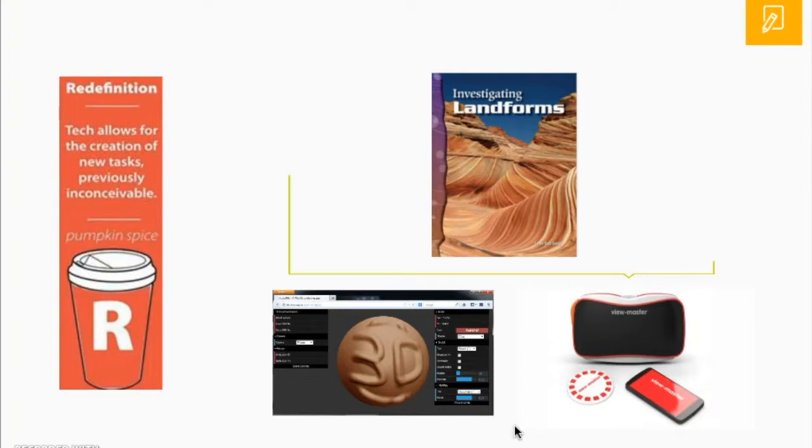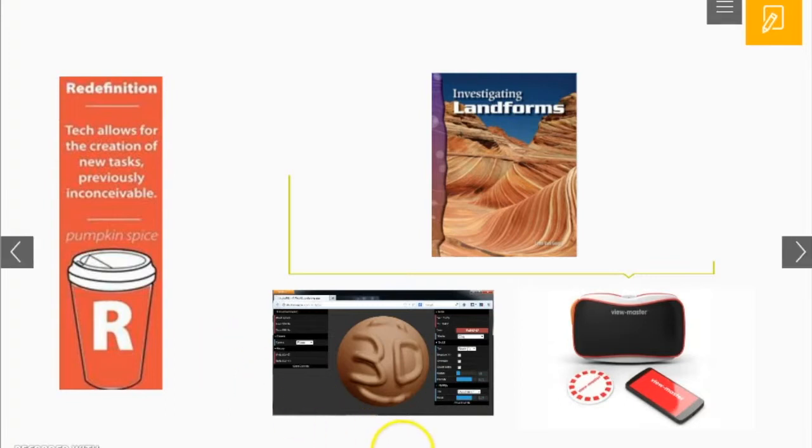when they're learning landforms. And so in the past, they learn landforms through this investigation series. They do some write-ups about it, but that's about as far as they've gotten. With technology in the makerspace, one thing we've been able to do that's really been able to redefine this project